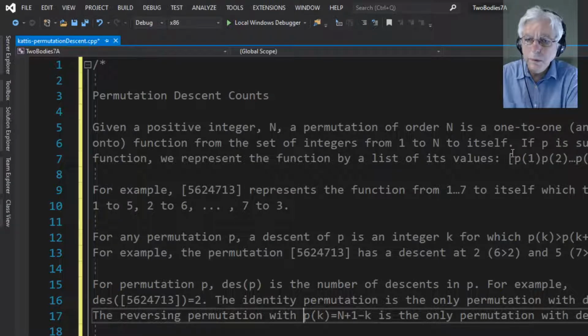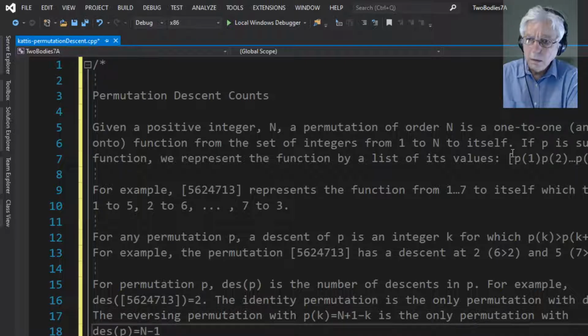The reversing permutation, with P of K equals n plus 1 minus K, is the only one. You just reverse the order of the elements, right? So that's going to be the only permutation with the descent of n minus 1,